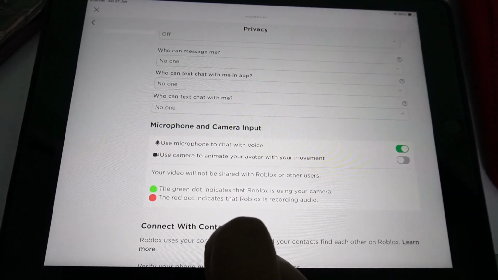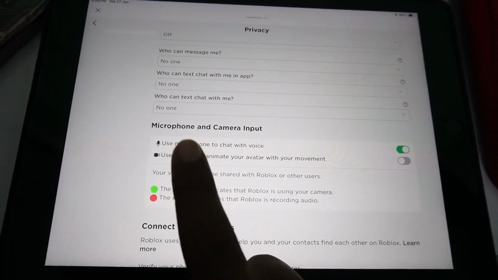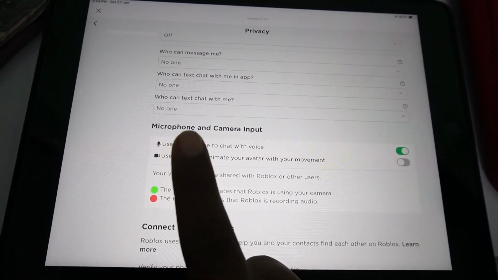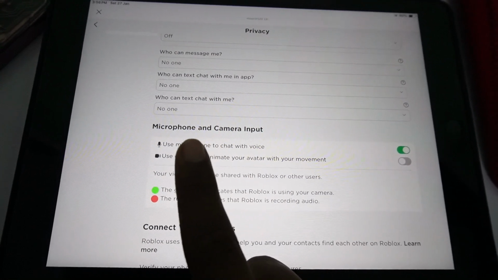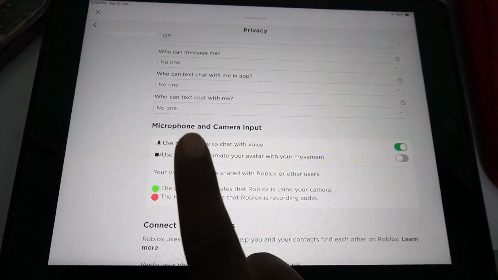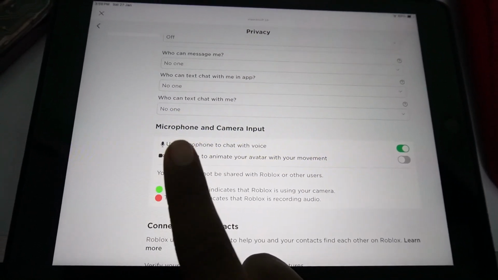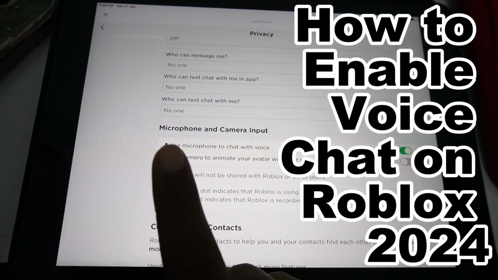If you are not in the US, Australia, New Zealand, Canada, and these five countries. If you are not in these countries, you must verify your age using ID. If you are in these countries, you just need to verify your number to get the voice chat feature in